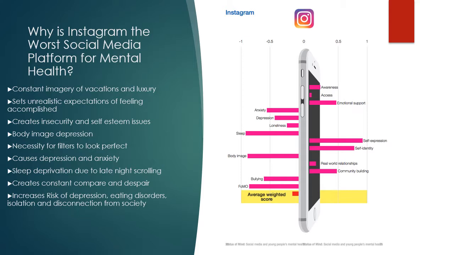It increases the risk of depression, eating disorders, and isolation and disconnection from society because you are not finding that stimulation. Users are not finding the stimulation and the approval in reality that they're finding on this application. And so even if you do have 1 million followers and you do look beautiful on this application, oftentimes when you turn inward, in reality, you are not finding it around you. And that can cause harm for people and their mental health.